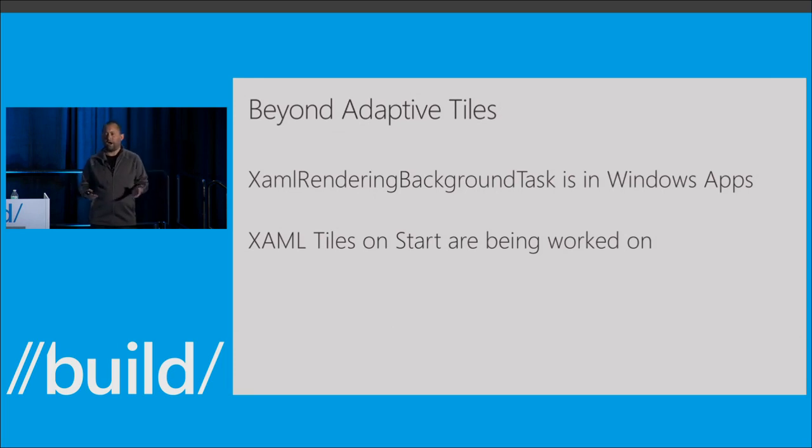If you're a really powerful XAML developer and you're thinking to yourself, oh, if I just had XAML, I could do awesome storyboards, I could do awesome animations, we understand that, and we were going to enable that as well. XAML tiles are something we're actively working on, and we're going to bring that to the platform at some point. In reality, we're not actually there yet. So we don't have a XAML start screen on mobile. We do on desktop. If you didn't know it, the start menu on desktop is really just a XAML app. Same goes for the notification Action Center. It's really just a XAML app. But we don't have it on mobile yet, and we're working on it. And so we're actually limited by our own technology in this case. And we're going to make that change so that we can bring something like XAML tiles to developers who really want to spend the time to do it.